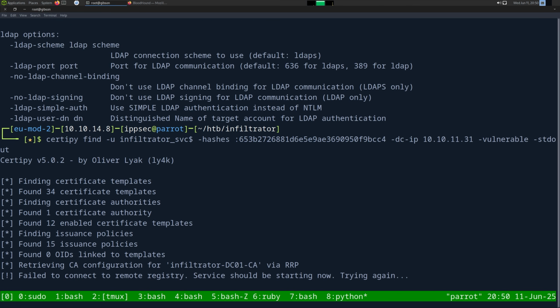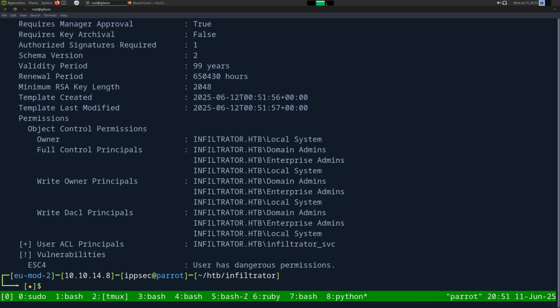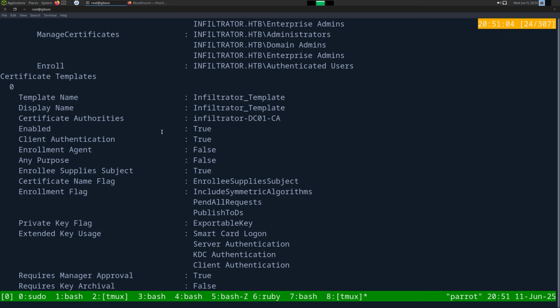Let's see. It looks like it's working. That's good. Failed to connect to remote registry, but it is checking web enrollment certificates. Hopefully it comes back in a couple of seconds, and then we can start the attack. There we go. We see it is calling out ESC4 on the Infiltrator template certificate, which is exactly what we